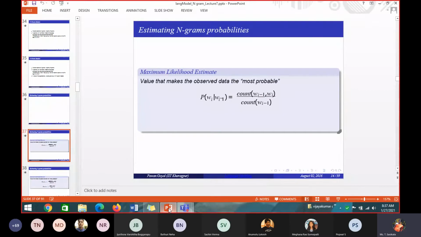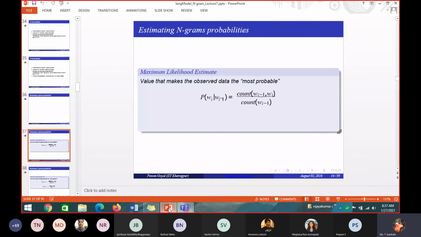1 word. So if it's a trigram, 3-gram, we'll be using the previous 2 words to find the third word. If it's a bigram, I will be using the previous 1 word to find the next word. If it is a 1-gram model, I will not be using any word from the context directly. The word divided by the total number of words gives the probability. So in general, an n-gram model uses n minus 1 words from the context. Okay, till there we have done.